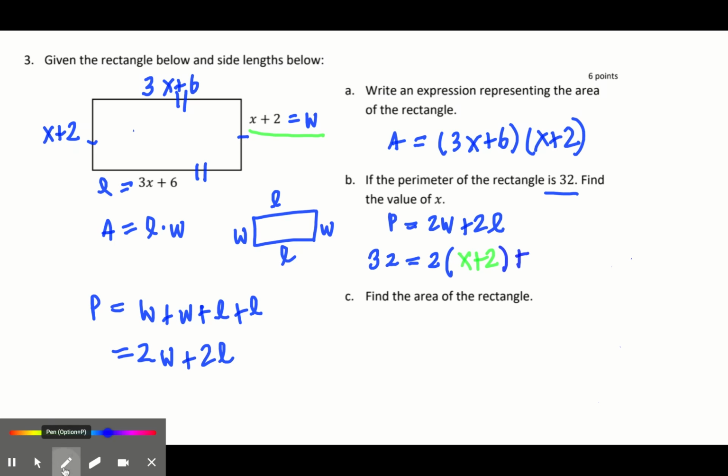And then you plug in the length. And the length is